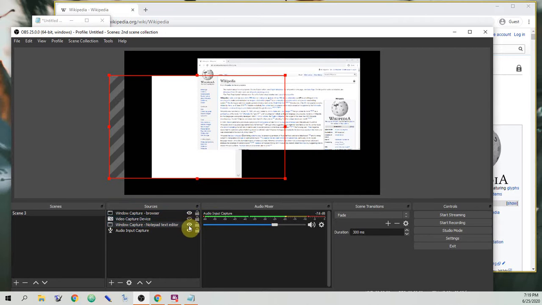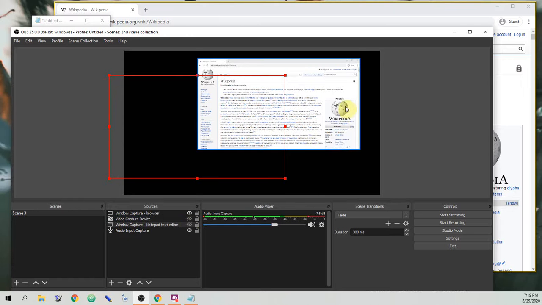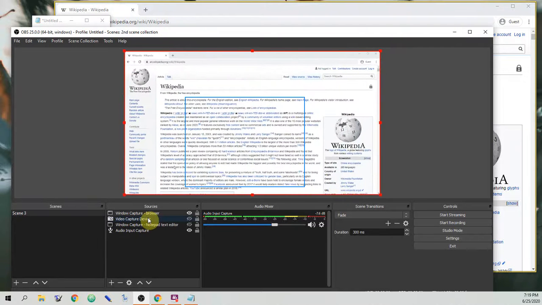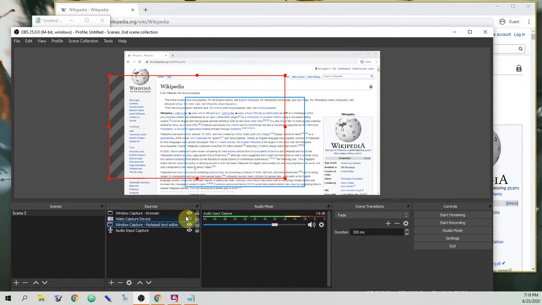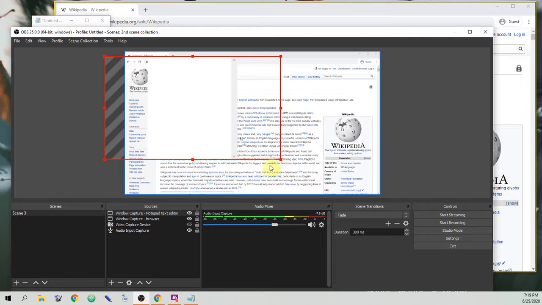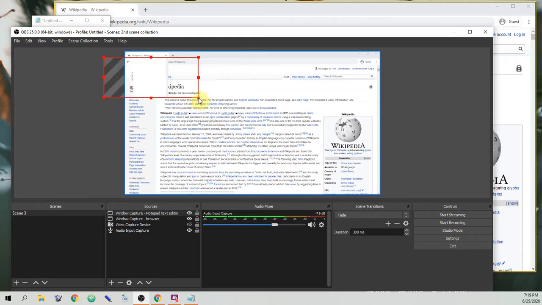So we've got a couple things to arrange on screen here, and I think it'll be easier to visually turn off some of these window captures for a moment and say, let's just take the browser and let's say I'd like that to occupy, I don't know, the entire screen, and then we'll turn back on the text editor. Oh, but then we're not going to see it, so I should move that in front. There we go. So the text editor is in front of the browser, and that works because it's not taking up the entire